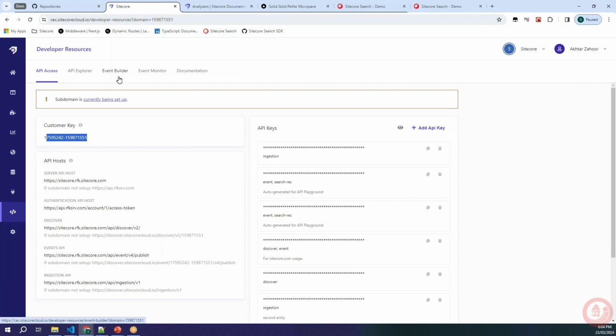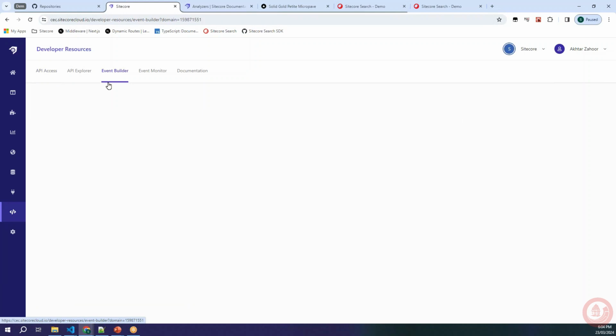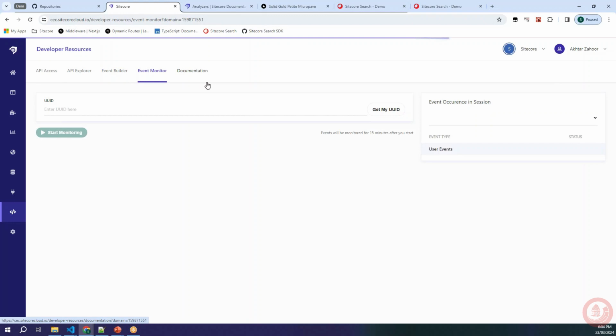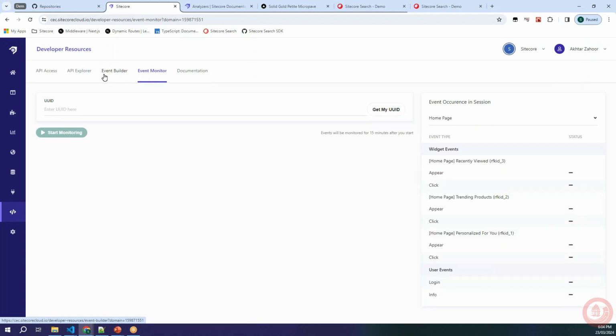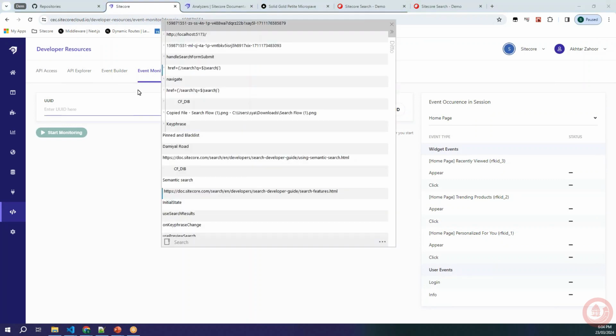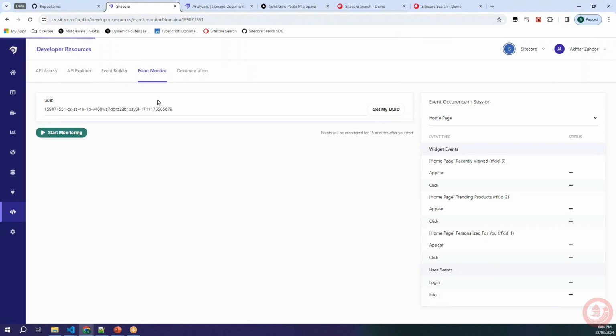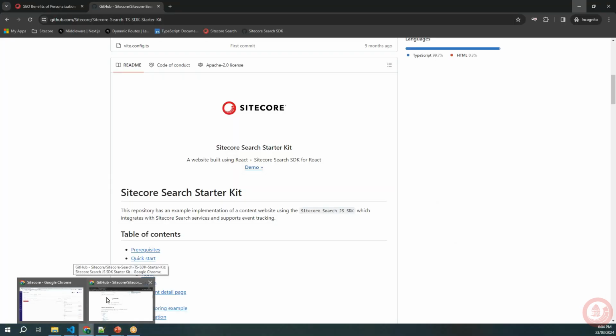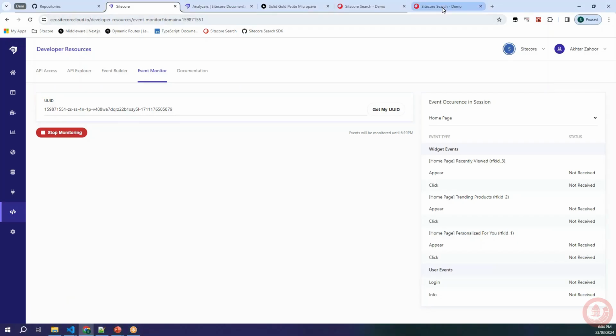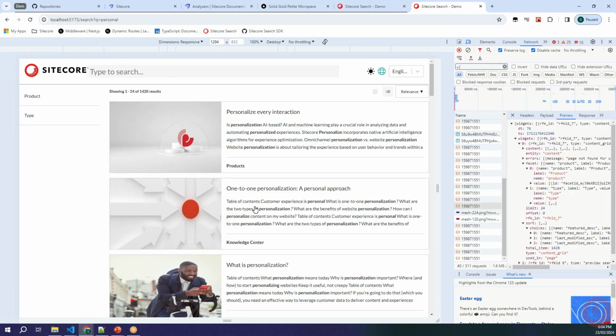In the developer resources, another important thing is the API Explorer. We will see this quickly, but there is something called Event Builder and then the Event Viewer. If you have your custom events, you can use the Event Builder to build your own events. For the Event Monitor, I had copied that UUID, if you remember. If I start monitoring here, and when I look into this, and if I go back and I start searching for something, or I click on any of the things here, you will notice that if it is working,